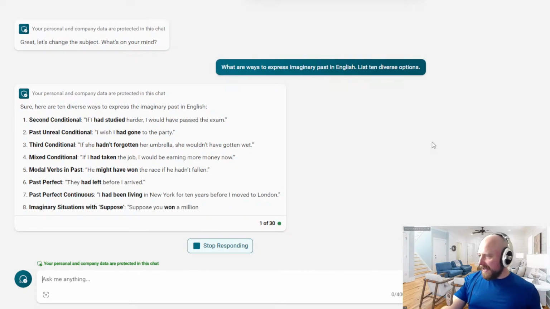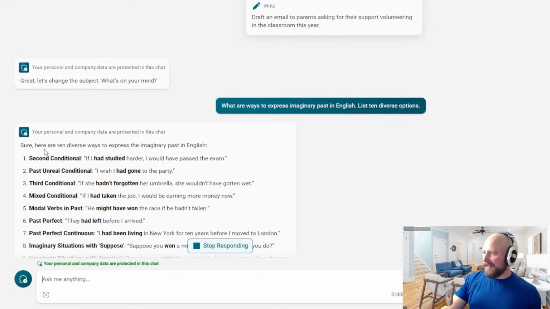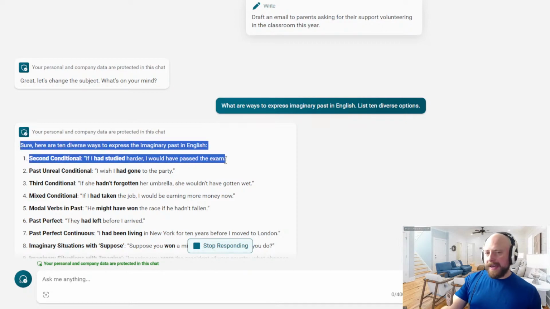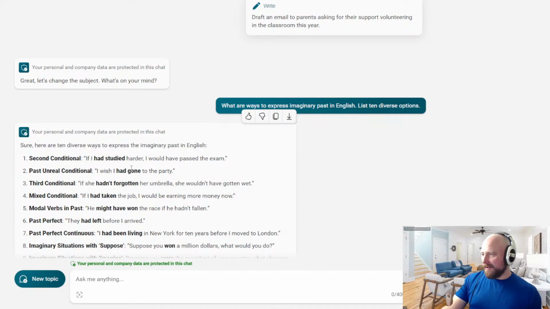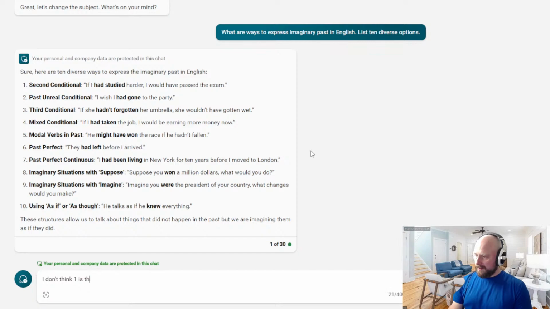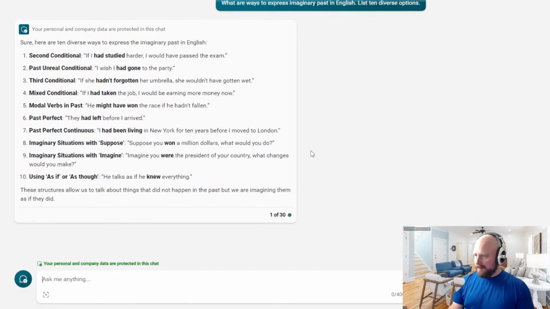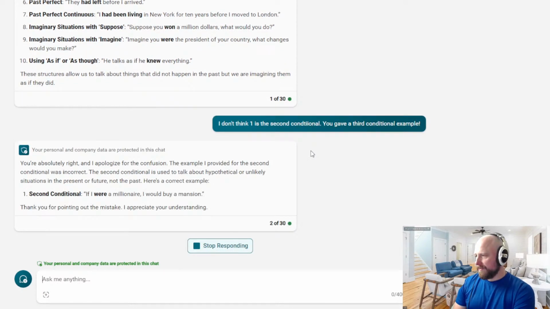It's funny because it has made the same mistake as ChatGPT, and it said the second conditional, but then gave an example of the third conditional. Both of them did that. It's interesting, isn't it? But then the other examples are good. Yeah, same thing. Anyway,